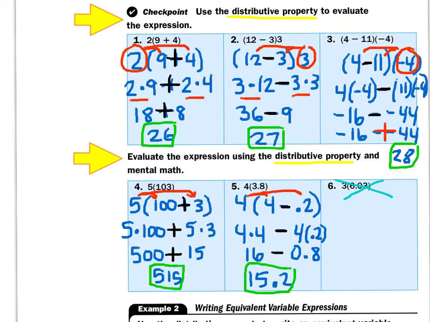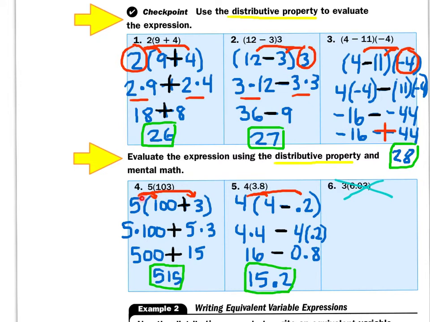Well, the positives have more, they're going to win the battle, and they're going to win by 28, so it's positive 28. Now you can use this to help you do mental math with harder numbers. Take a look at number 4. If I wanted to figure out 5 times 103, without having to write it out the old-fashioned way, you can